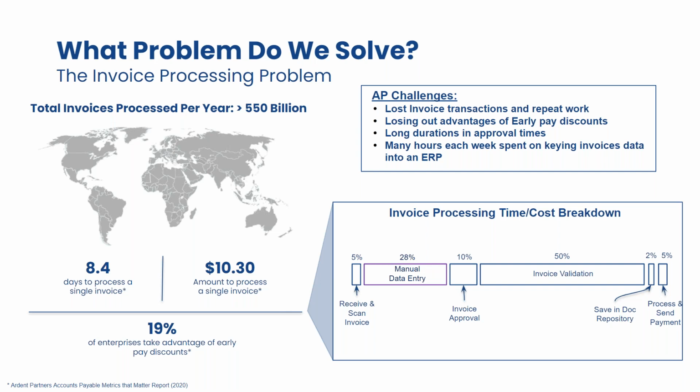We actually come in and we solve a lot of the problems from a time and cost breakdown. We reduce the manual data entry. In fact, we've got really high straight-through processing rates that we can talk about. We facilitate invoice approvals. So you actually see in the demo, Chris will show you with Workato some people tasks where we actually approve invoices. And then validation, the whole validation engine of is it the right data type? Is the amount set correctly? All those bits and pieces in the product we do automatically, which really alleviates a lot of the pain and processing time from an AP invoice perspective.